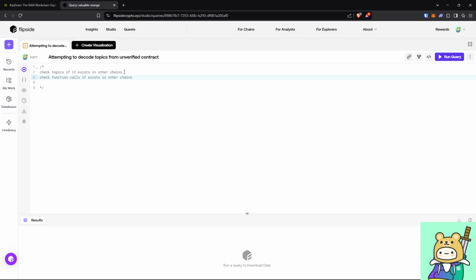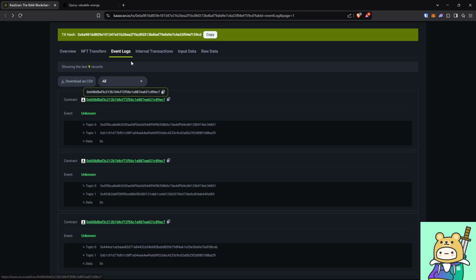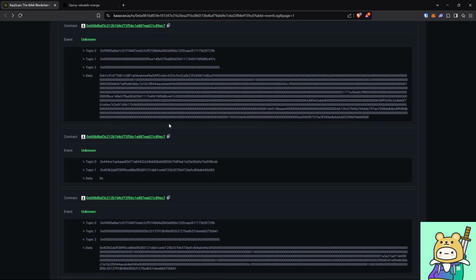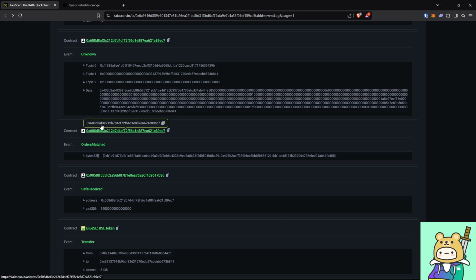What I mean by the first one is if we click on event logs and try to find which event makes the most sense to decode, I am drawn to this OrdersMatched event, and when it's decoded it's an array of bytes32. Excuse me. And this bytes32 has two